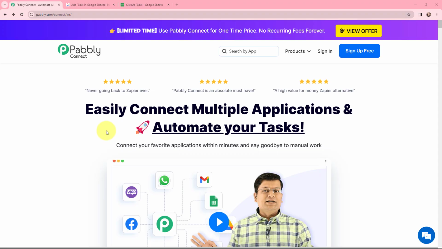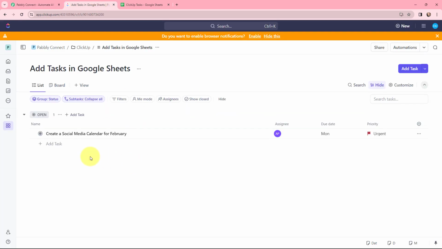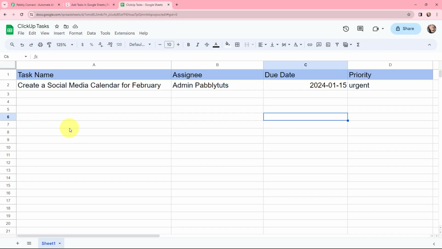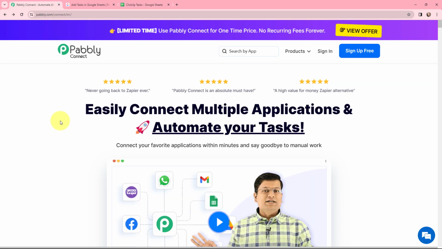In this video, we are going to understand how to add ClickUp Task in Google Sheets. So here my objective is that whenever I'm going to create a new task in ClickUp, then automatically I want to add the same task in my Google Sheet. So now to do this, I need to build an integration between these two applications, for which I'm going to use Pabbly Connect. So this here is the home page of Pabbly Connect, and now to begin with this process,